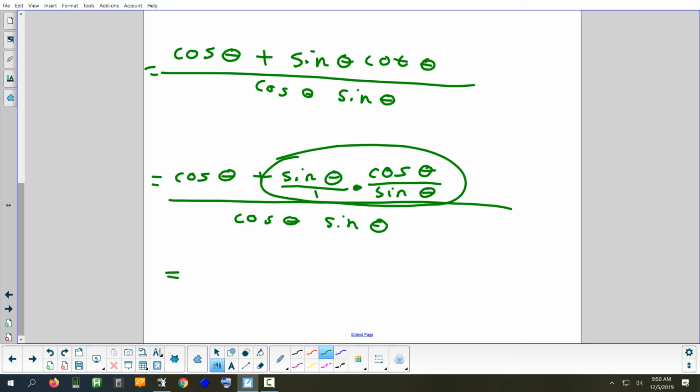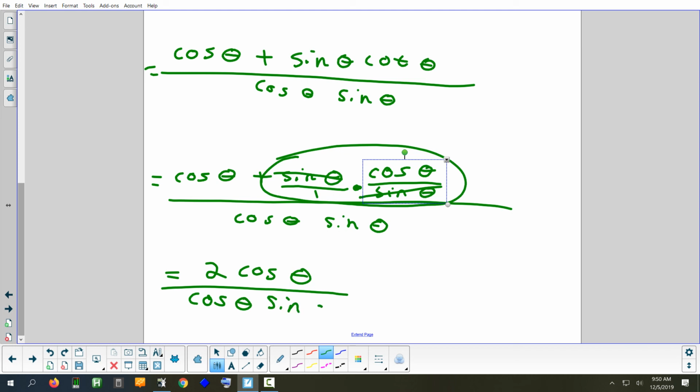What happens in the part that I circled? The sines cancel out. You have a sine in the top, sine in the bottom. What's left in the circled part? Cosine. Just cosine. Cosine plus cosine. How much is cosine plus cosine? 2 cosine. 2 times cosine